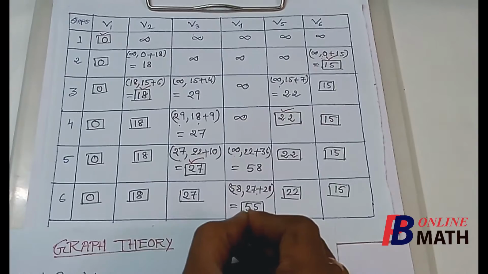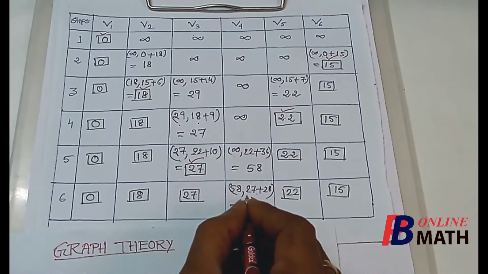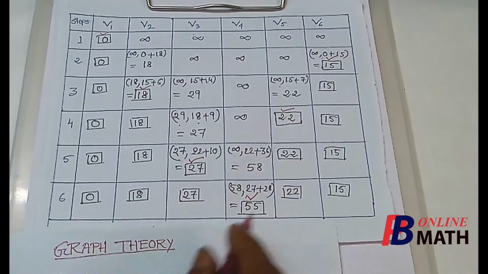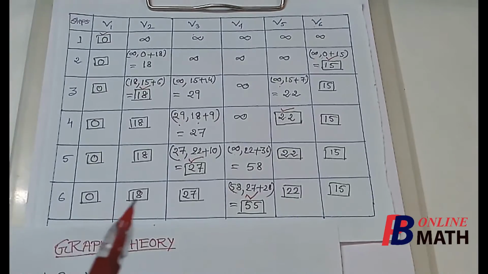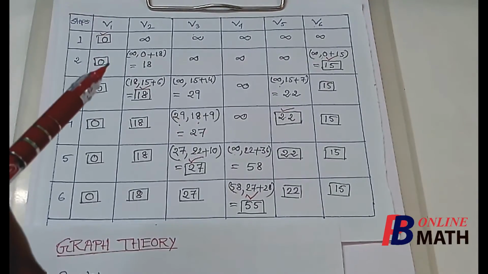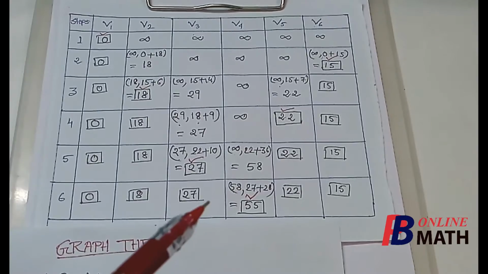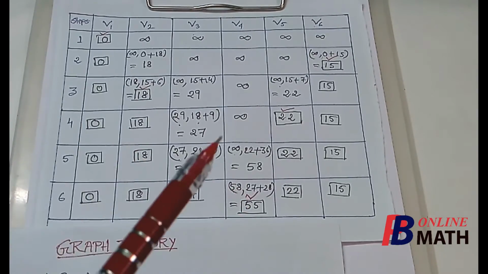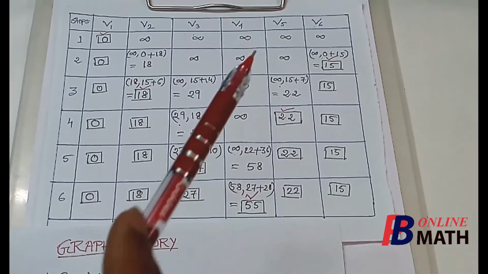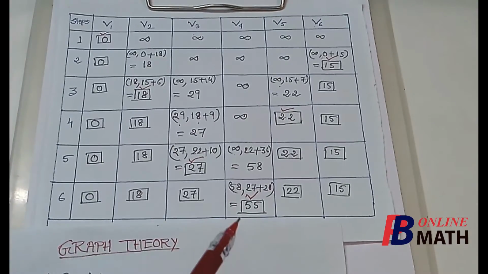So this is the latest permanent level, because this is the only temporal level available. So this must be the permanent level of the final step. Thus we have leveled all the vertices permanently. Now from the graph we shall easily find the shortest distance from V1 to any other vertices. Since it was asked to find the shortest distance between V1 and V4, we have to find the permanent level of V4, and we find that the permanent level of V4 is 55. So this 55 is the shortest distance between V1 and V4.